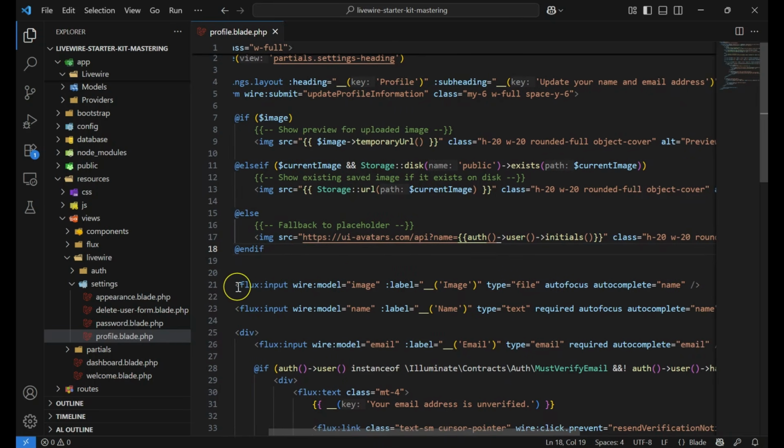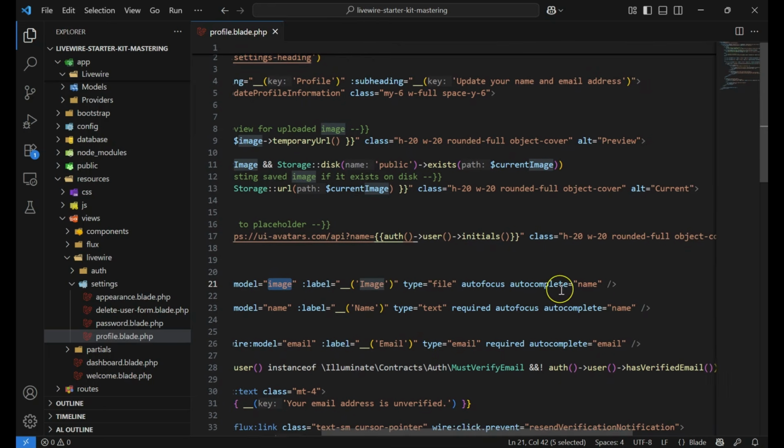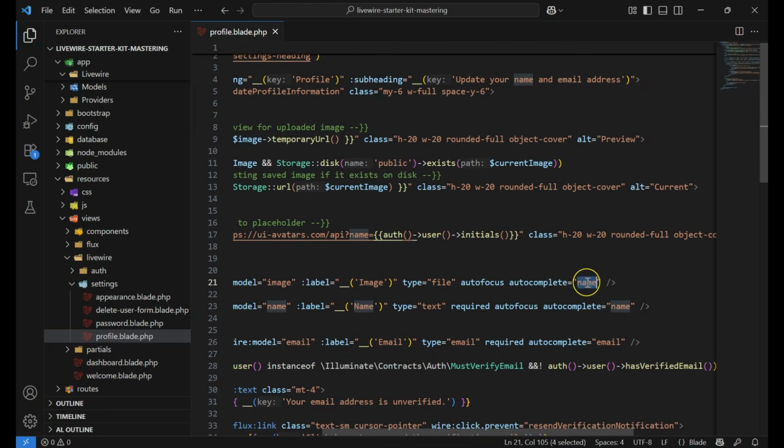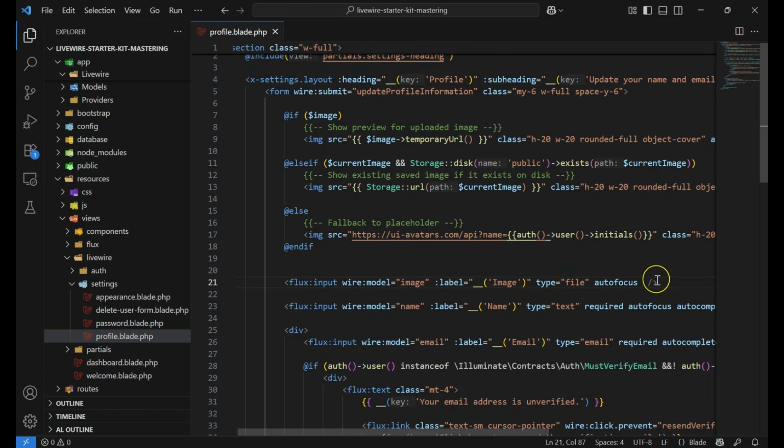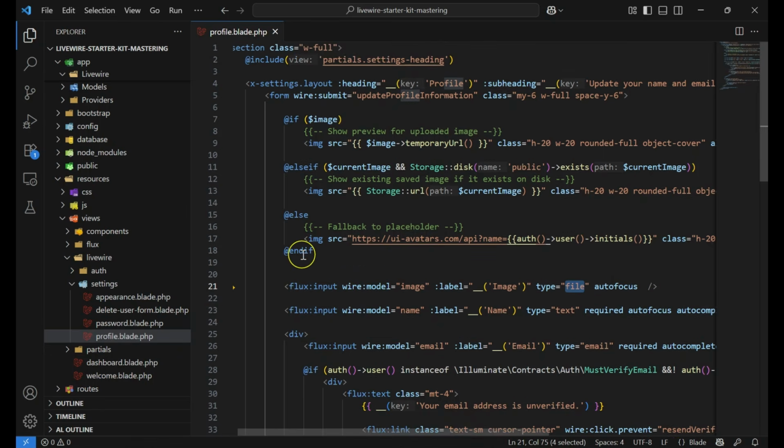So you can see I've just copied this input, and then I've just changed the model and the label, and also here you don't even need to have the autocomplete, so you can just remove that one, and then this will be usable for file upload. So you can see here the type has been changed from text to file. After that, here I have an if condition. So this if condition will work when you have already updated the